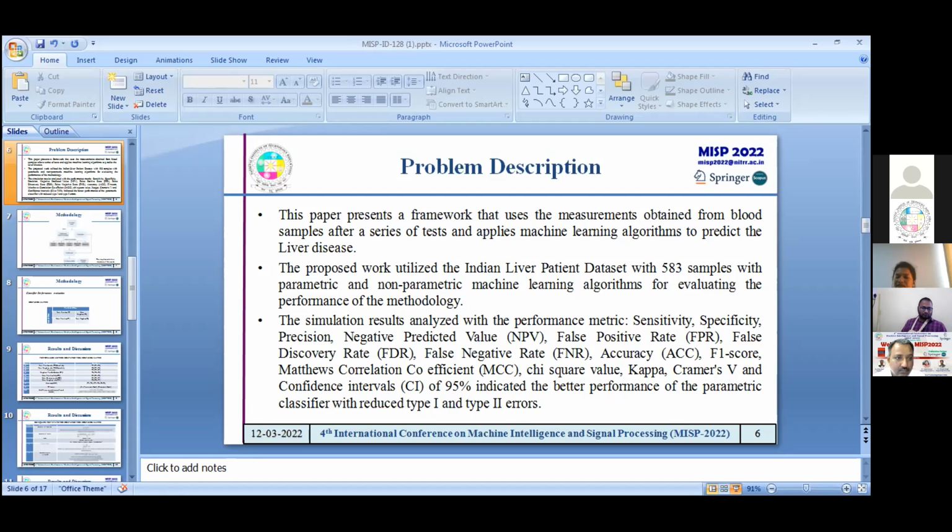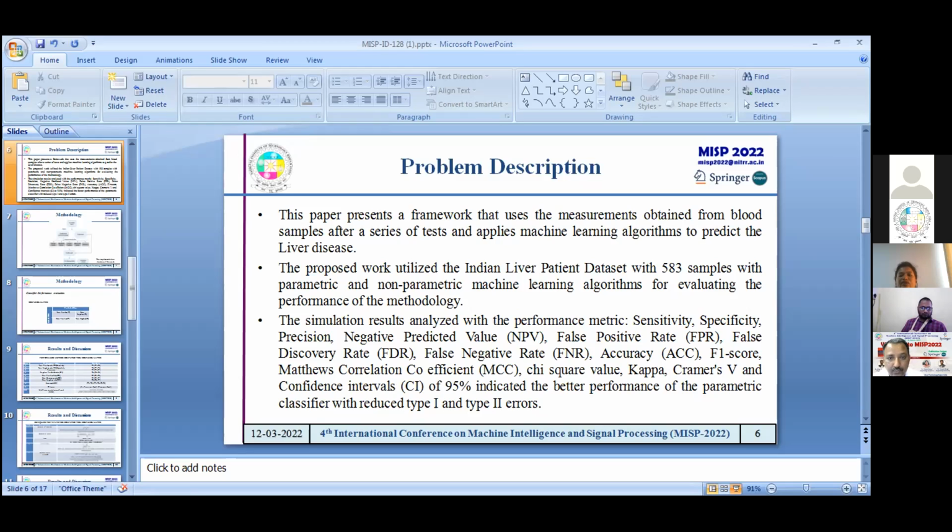And also we thought of statistically analyzing the created models to find out the association between the actual class label and the predicted class label. So we considered the machine learning models, and we performed analysis using all these metrics using the confusion matrix. We framed the confusion matrix, and from it we computed all the parameters listed here: accuracy, sensitivity, selectivity, false positive rate, false negative rate, Matthews correlation coefficient, chi-square value, kappa value, and so on.